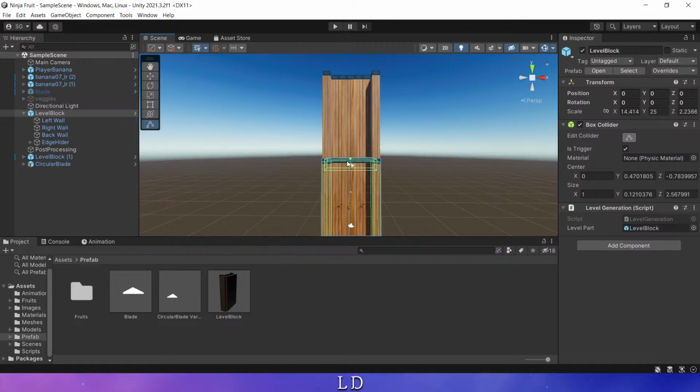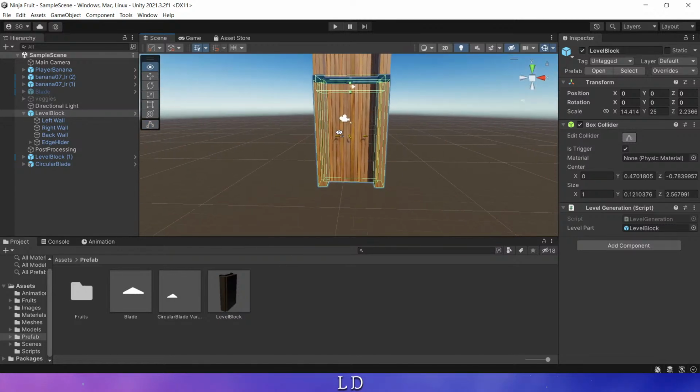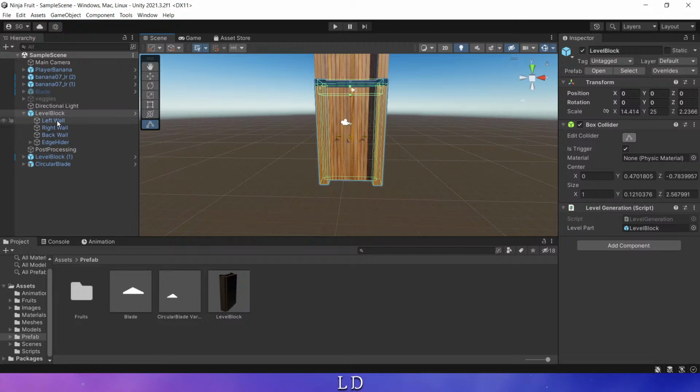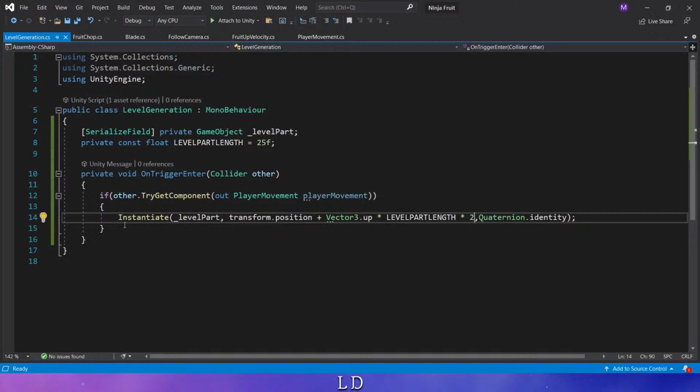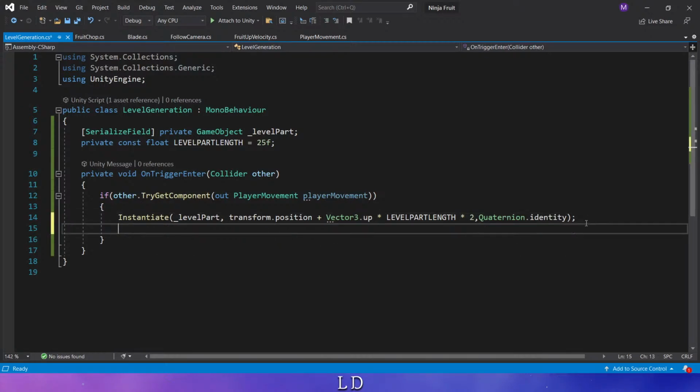Okay, and as I said before, either create a list of these things or actually use a raycast dot overlap sphere to check whether there is something, and if there is something before, then we just delete it. That's my idea. So I'm going to do that, I think. I'm just going to say if